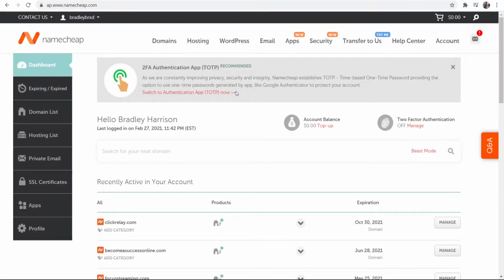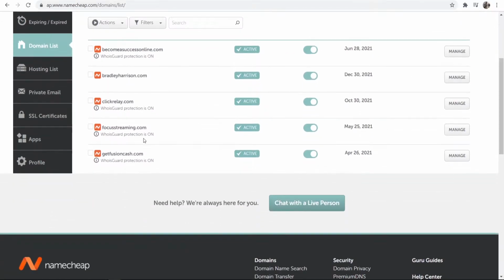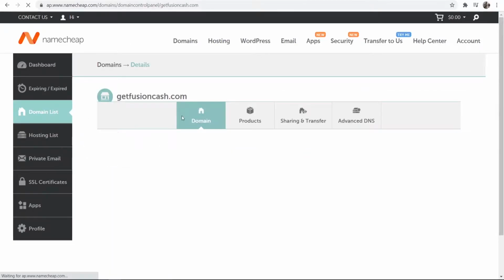In fact, I'm already logged in here. And what you want to do, you want to go to your domain list, and you first need to find the domain that you may or may not already have that you want to redirect to your Wix website. I'm going to scroll down here and I'm going to just choose this one here, getfusioncache.com. So once you've found your domain, go to manage,